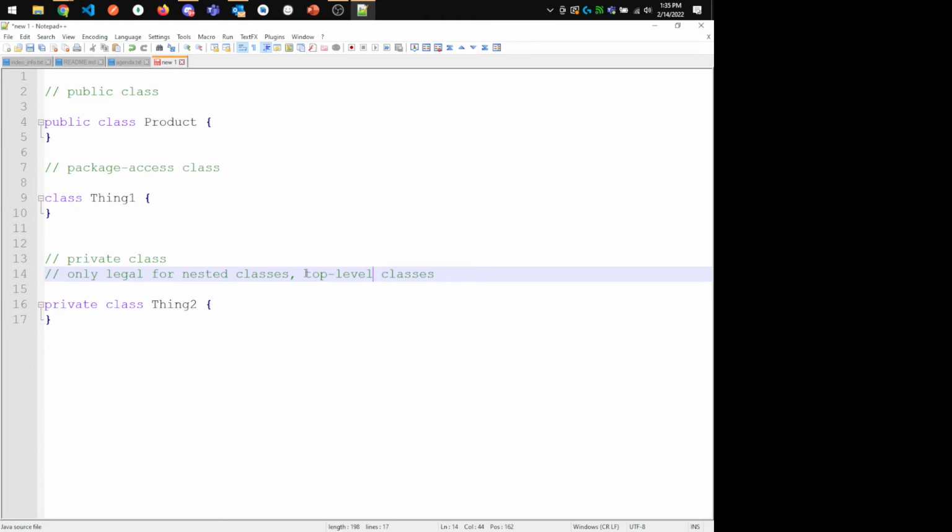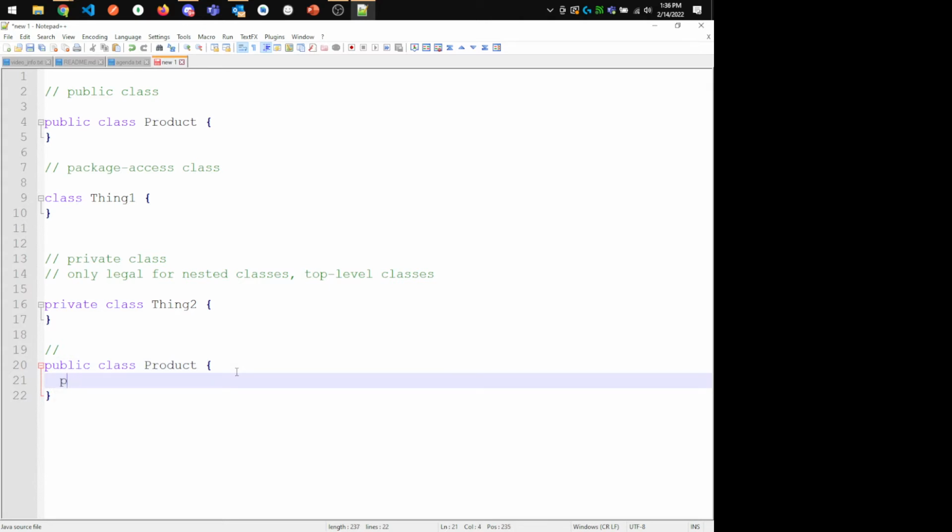Now, what are the things that we can put inside of a class? What's usually the first thing that we see inside of the class? Because there's a convention to the ordering. So yeah, instance variables and constants. Actually, usually in the order, constants, and then instance variables. So I might have in here